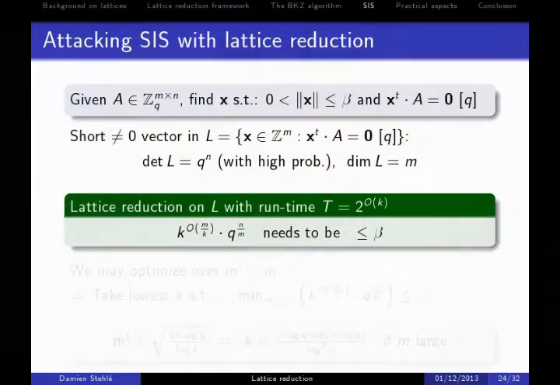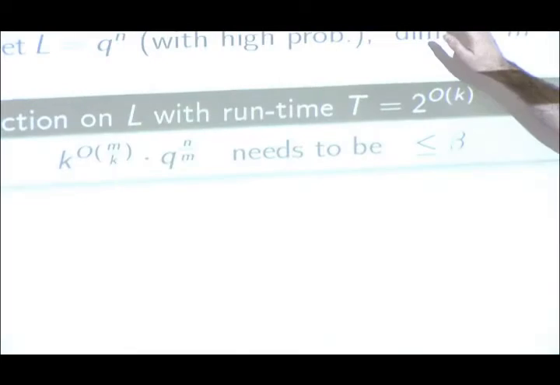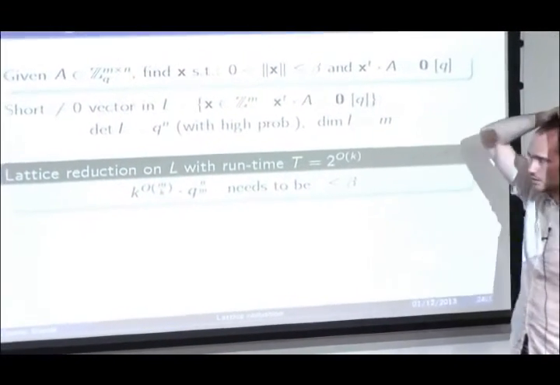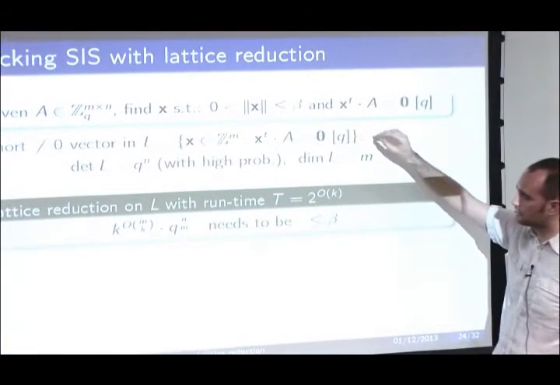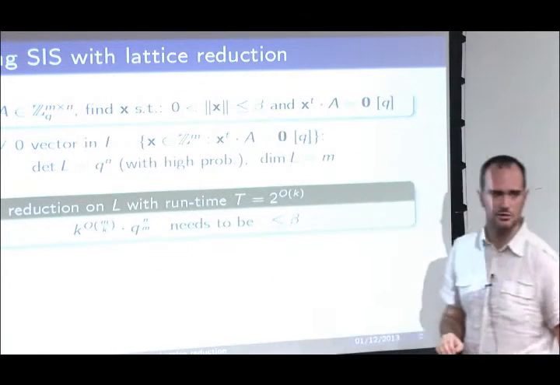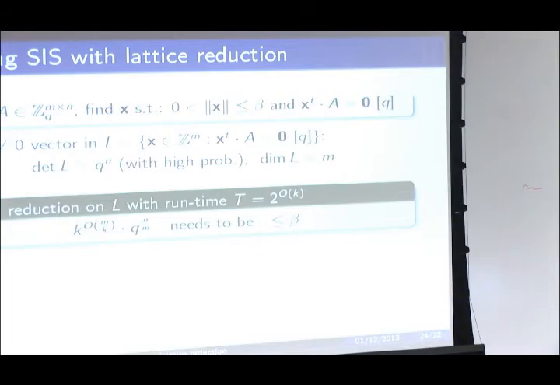And how do we attack it with lattices? The best known generic attack asymptotically relies on lattices. So let's rewrite this as a lattice problem. I want a short non-zero vector in that lattice. I look at the set of x's such that x^T A is 0 mod q. That forms a lattice, a sublattice of Z^m. And actually, I can prove a few things on that lattice. With very high probability, or probability very close to 1, the determinant is q^n, and the dimension is m. Why is the dimension m? Because q times Z^m is contained in that lattice.